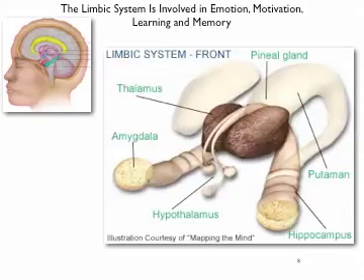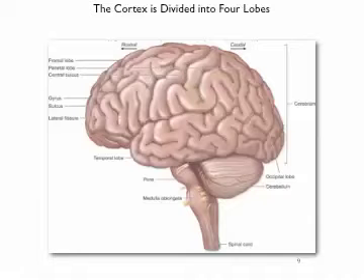Finally, we're going to talk about the outermost part of the brain. This is the cortex. Cortex is an anatomical term that's used all over the body, not just in the brain. Cortex literally means bark, and like the bark covers a tree, the cortex covers the outside part of our brain. We usually divide the brain into 4 different lobes. The temporal lobe, if you imagine this as a boxing glove, is the thumb of the glove that's sticking out there.